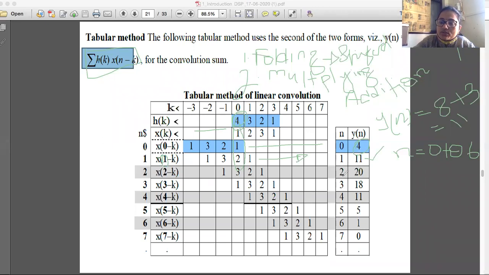Then we are going to substitute n equal to 2. N equal to 2 means what? The folded sequence will be shifted by 2 units on the right hand side. So this is the folded sequence, and this is going to be shifted by 2 units. So this one will shift to this position. So this sequence will be